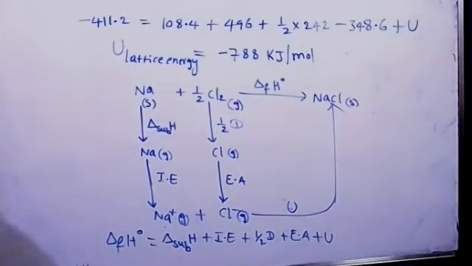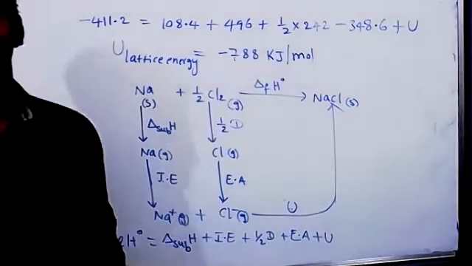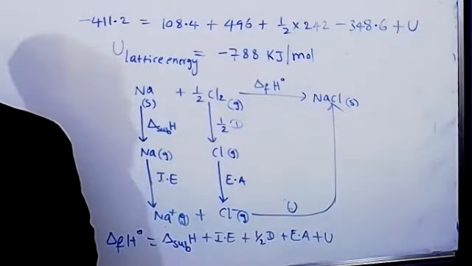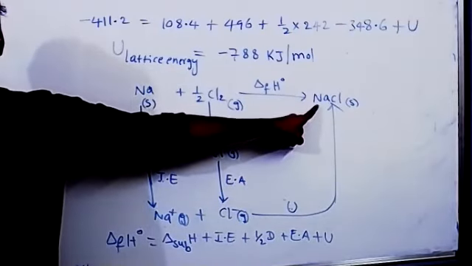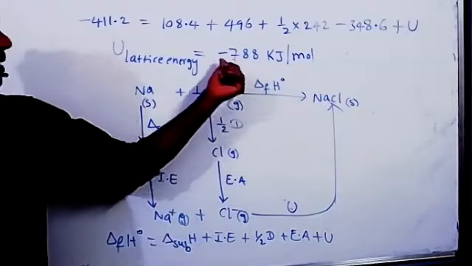So minus 788 kilojoule per mole. Previously you wrote the lattice enthalpy of NaCl as plus 788, right? Not this one, the lattice enthalpy before that, you wrote two lines. The lattice enthalpy of sodium chloride was written as plus 788. The difference is the same value, but there NaCl is undergoing ionization because it is soluble in water, so we give a plus sign. But here NaCl is formed from its ions, so a minus sign comes.